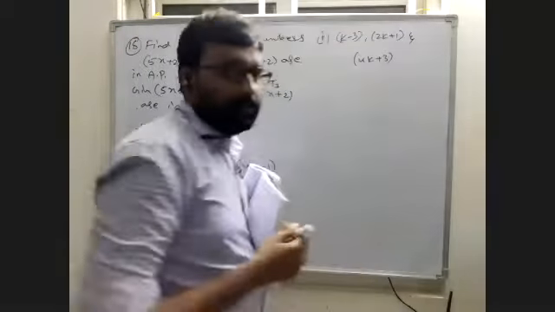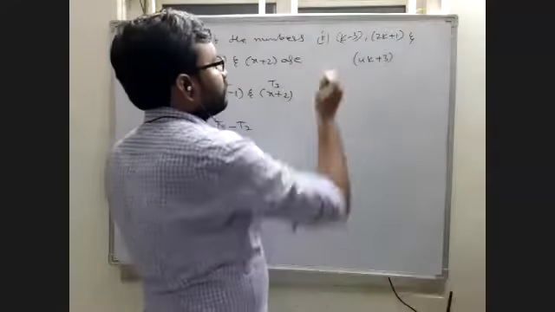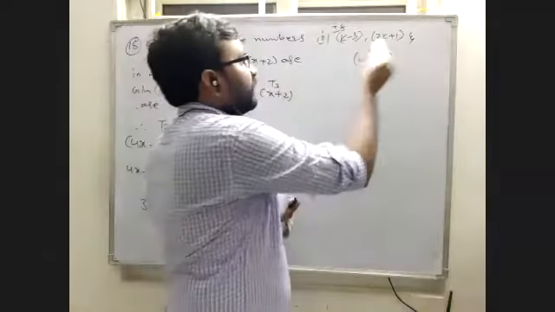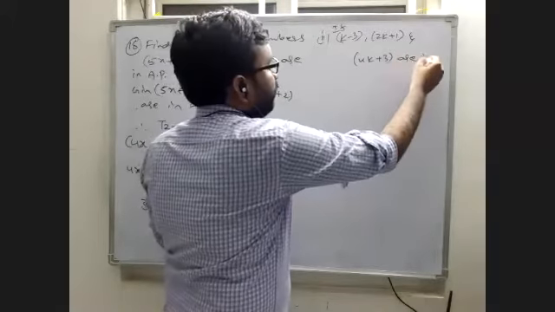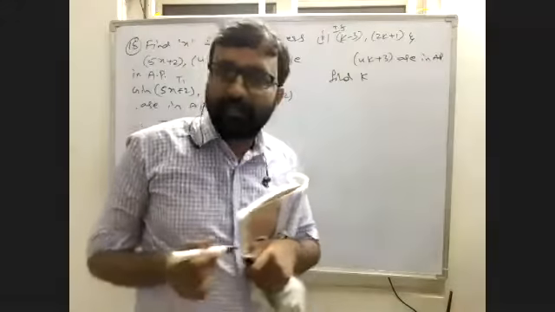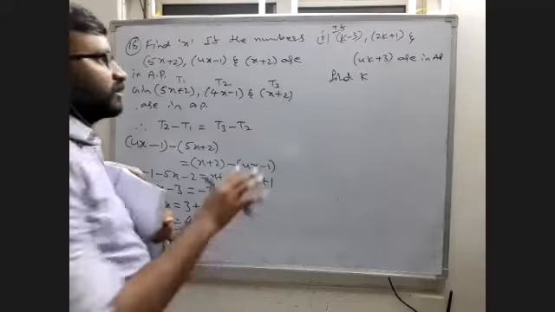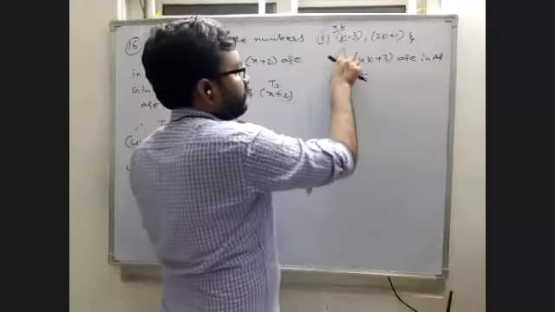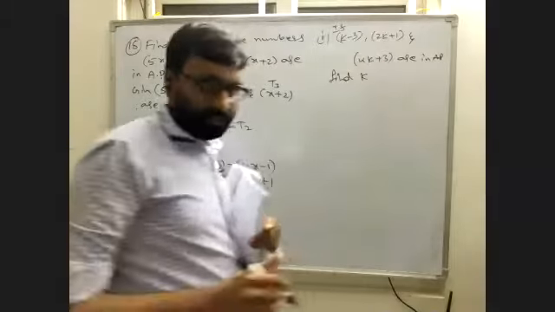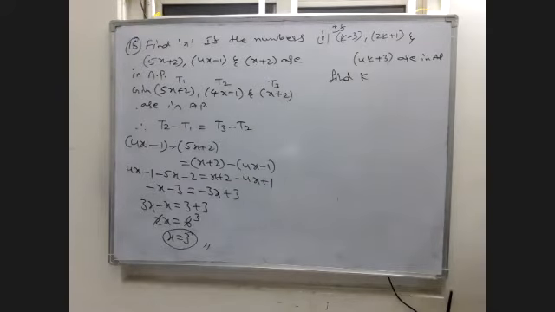See here, one more homework for you. If these 3 terms, this is in terms of k, that is in terms of x, very similar. If these 3 terms are in AP, find k. Same like previous one, you have to solve, you will get the value of k. Take T1, T2, T3, then T2 minus T1 equal to T3 minus T2. If you do, you will get the solution. Understand?